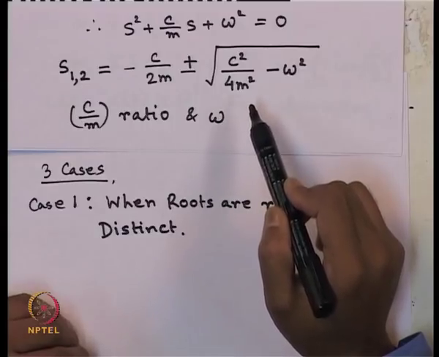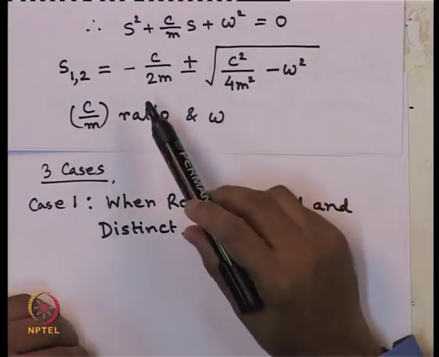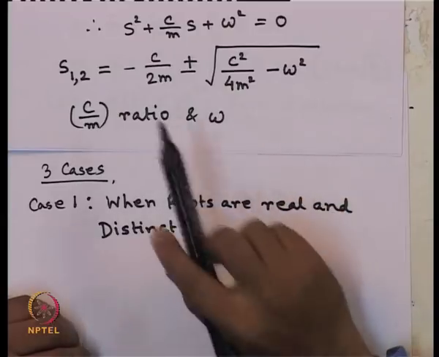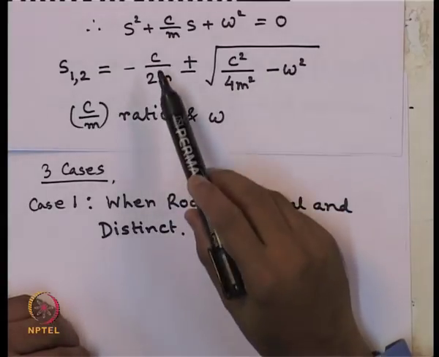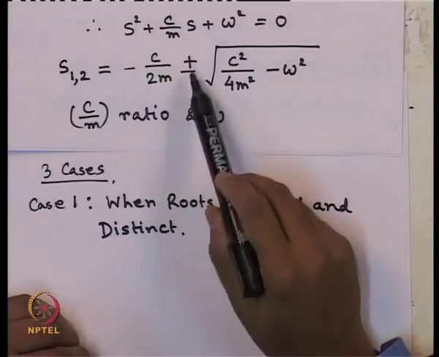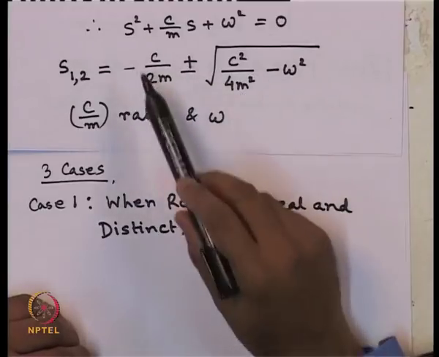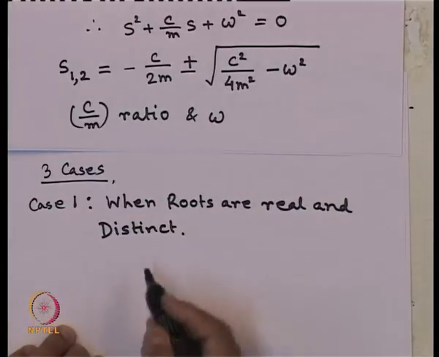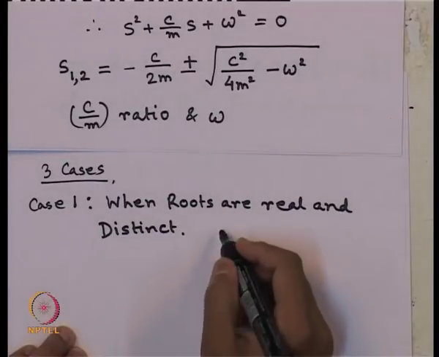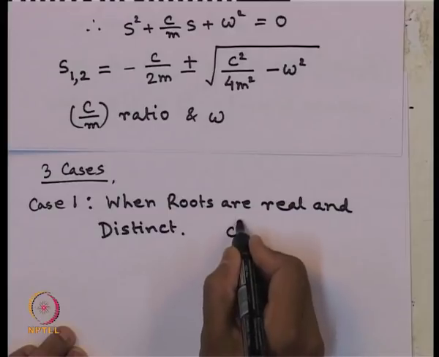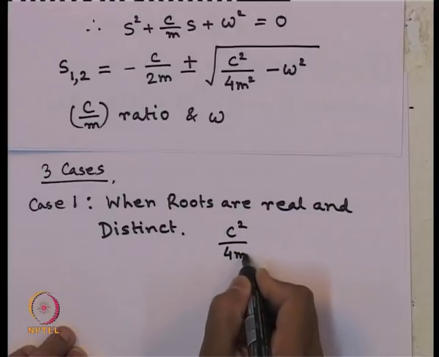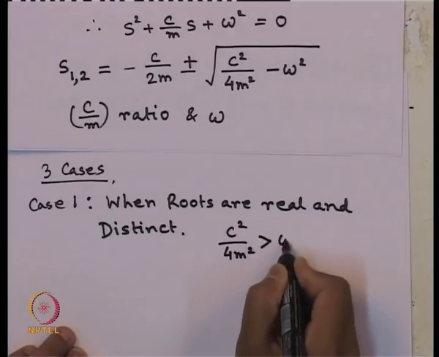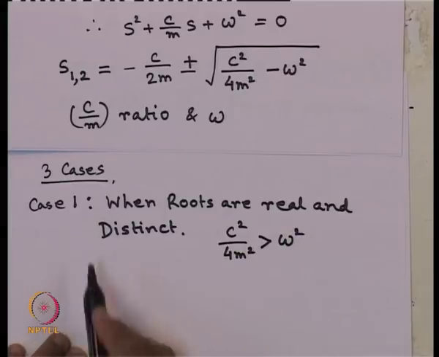In that case, we will get real value roots and they will be distinct. Two roots, one is minus c by 2 m plus this value, another is minus c by 2 m minus this value. So, the condition for this is c square by 4 m square has to be greater than omega square. Then we will get this case 1,